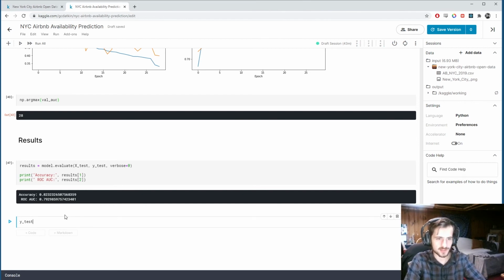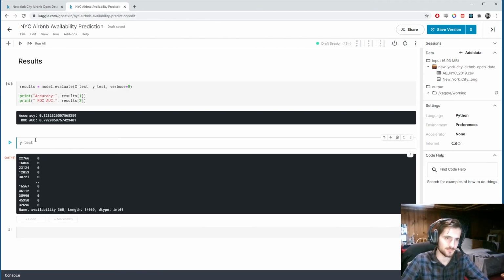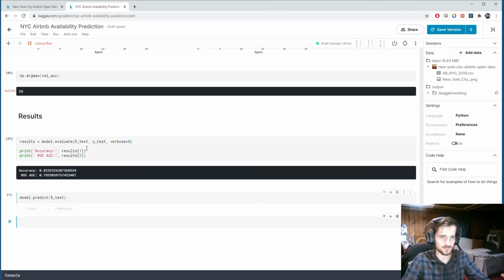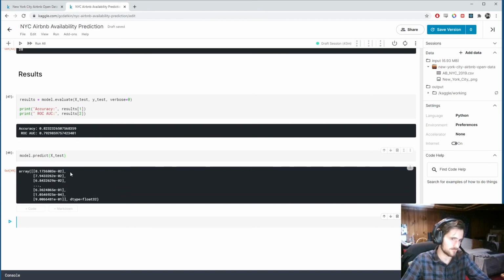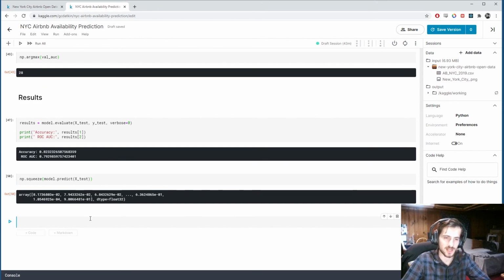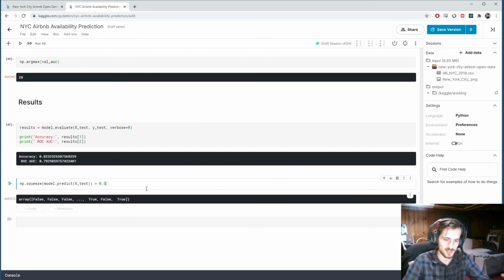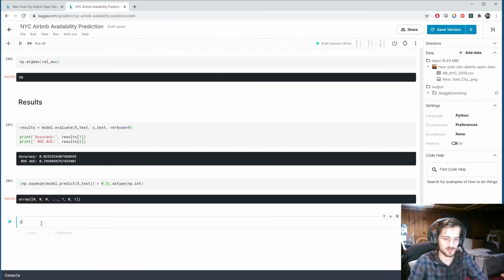So ytest is the actual values of our labels. We can call model.predict on xtest to get predicted values for our labels. Right, so these are actually probabilities. So first I'm going to squeeze it, which will just remove the extra axis, and then check if it's greater than 0.5. So this is true, false, and then I'm going to turn that into integers